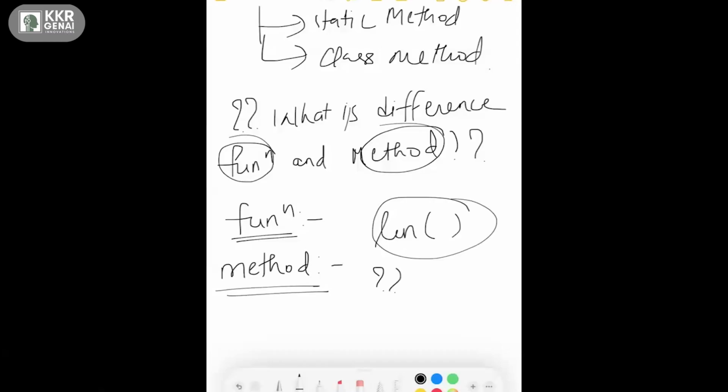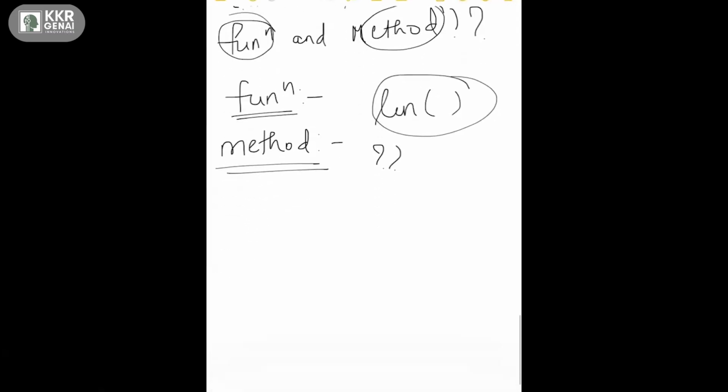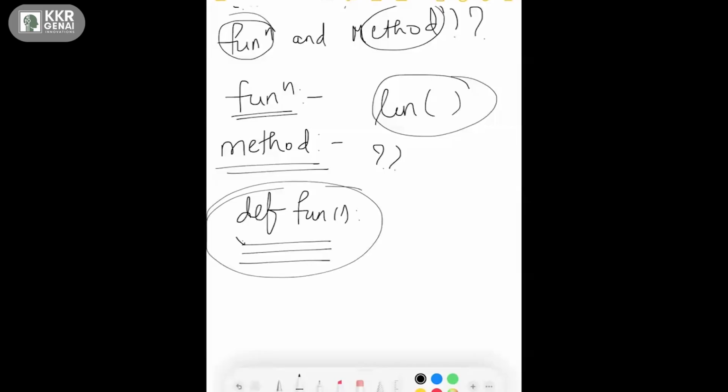Methods are associated with a class. That is one point. Functions aren't; most of them are not associated with classes. So the fundamental difference is this: if I write a function, how can I call it? I can call this function directly like this. And then let's say I define a method, as most methods are associated with classes, how can I call this method?